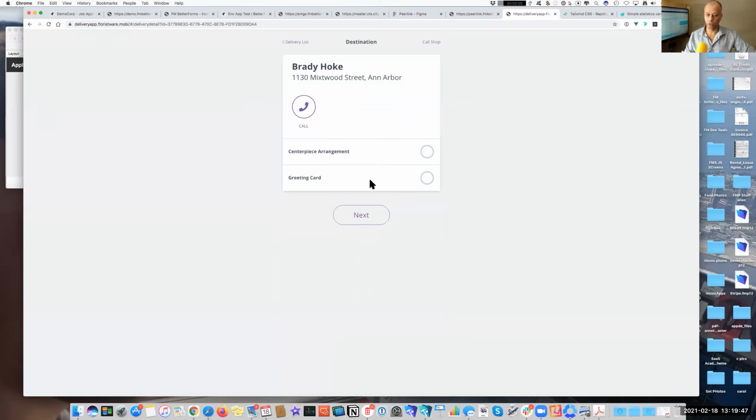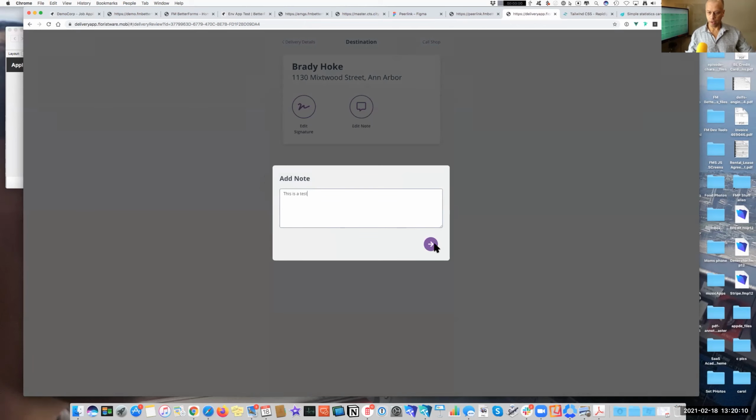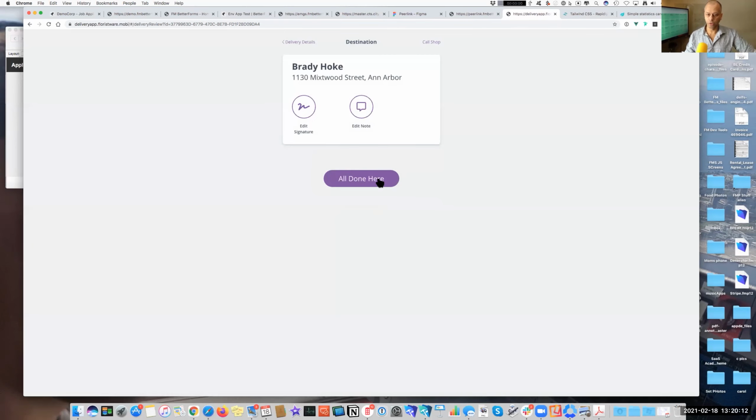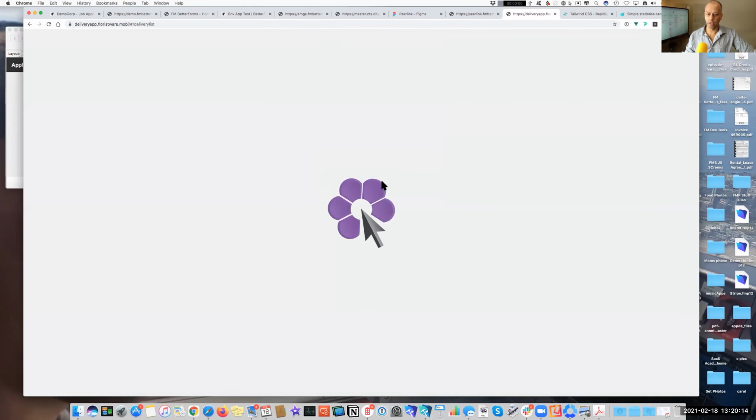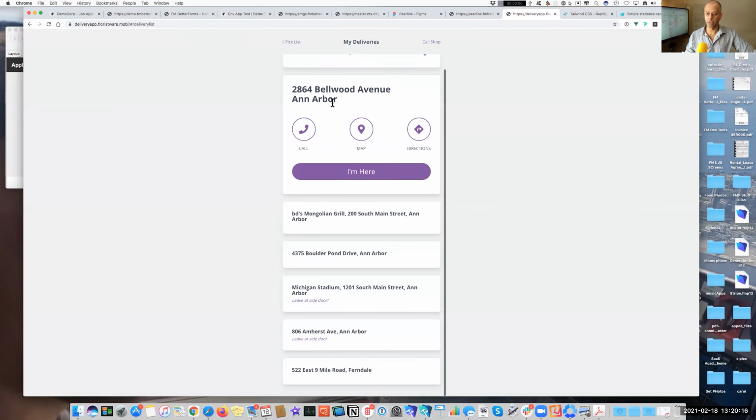And we grab that, and I can edit a note. This one has already been done here, but this is a test. And we're all done here. And then right away, it goes back right away to the next location. From a UX point of view,